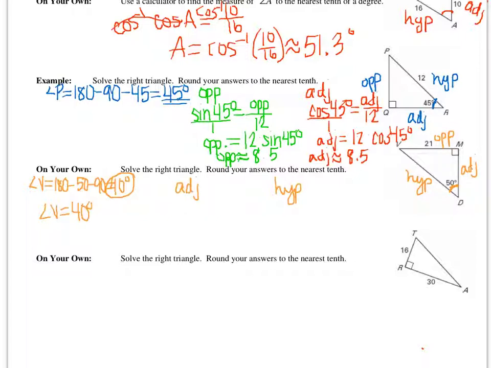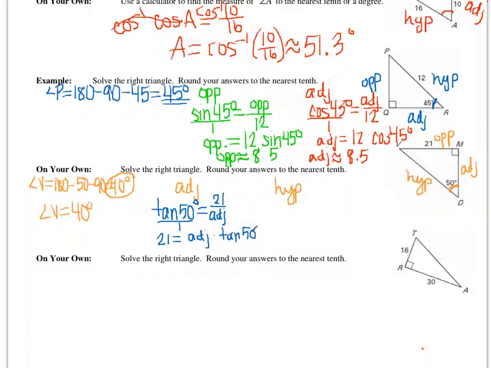So we're going to pretend, kind of cover up one at a time. If I cover up my hypotenuse, I have adjacent and opposite. And you can ask, what uses adjacent and opposite? Well, that's tangent. So we would say our tangent of 50 degrees, because that's what I labeled my triangle according to the 50-degree angle. Tangent equals opposite, which is 21, over adjacent, which I don't know, so I'll keep it adjacent. If I change this to a fraction, I have 1 times 21 equals my adjacent times the tangent of